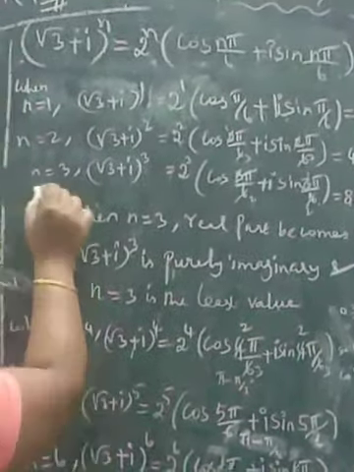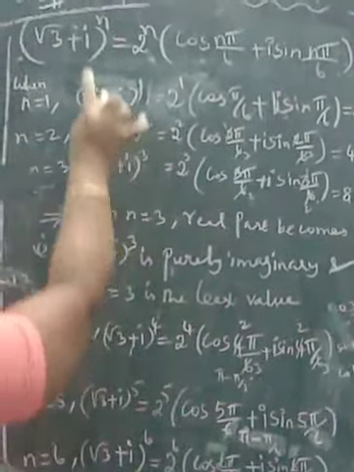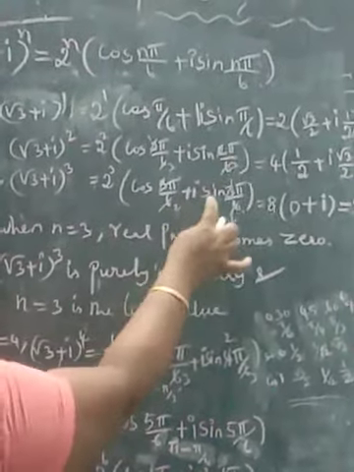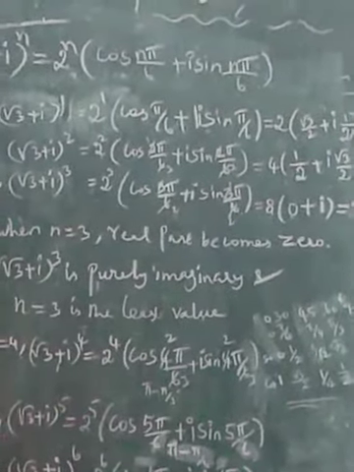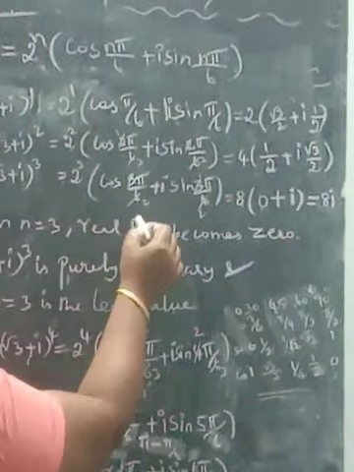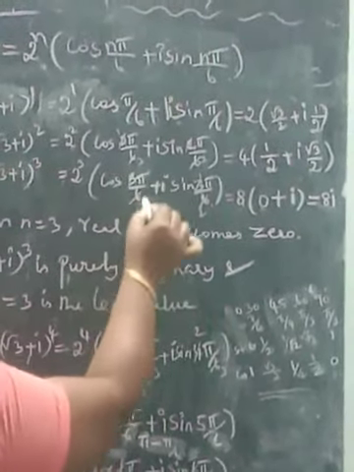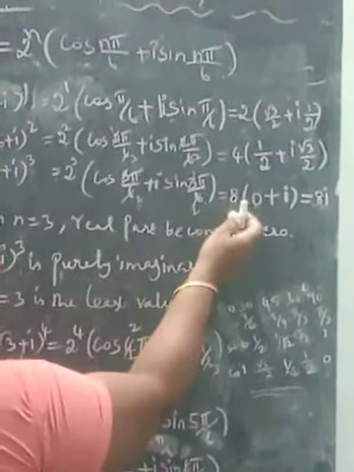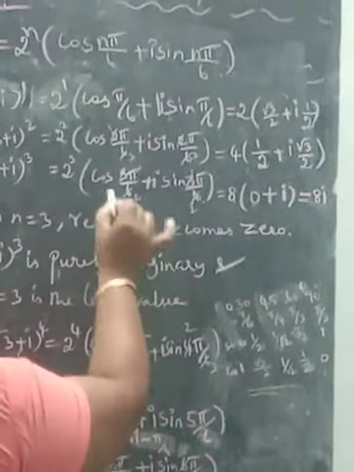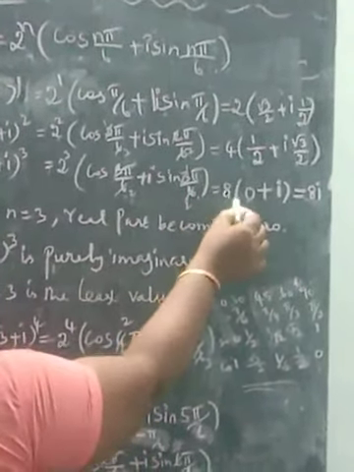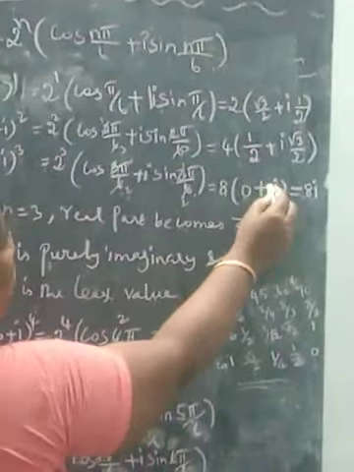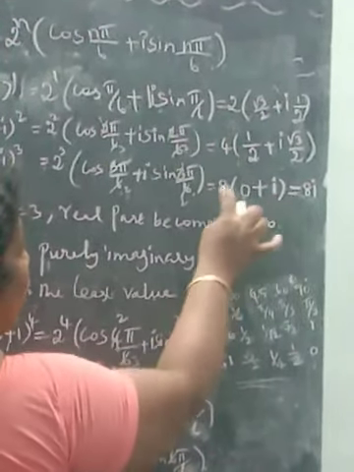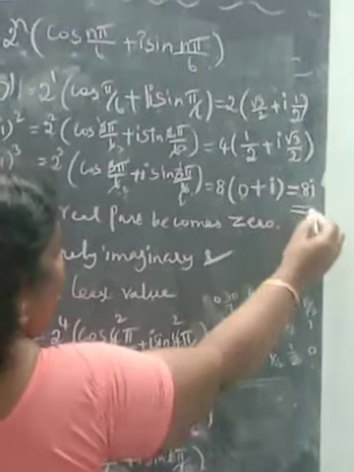Next we move to n equal to 3. Now we substitute n equal to 3 on both sides. So we get 2^3 (cos 3π/6 + i sin 3π/6). See, if you simplify this, 1 3 is 3, 2 3 are 6, so cos π/2 + i sin π/2. 2 cube value is 8, or you can write 2 cube as it is, no problem. Cos π/2 value 0 and sin π/2 value 1. So 0 + 1 into i, so 8i. See, look at here.